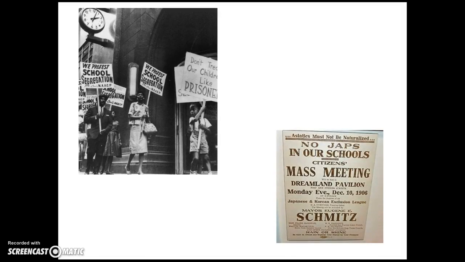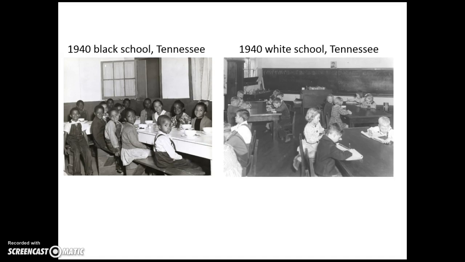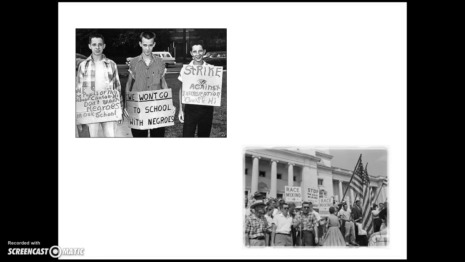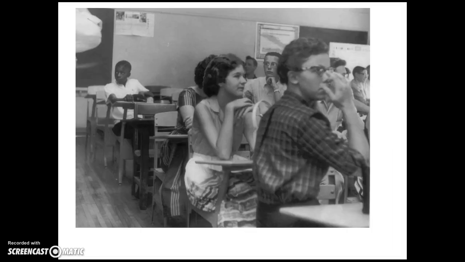There's a lot of racial tension around all races and ethnicities. And like we said earlier, there are separate schools that were clearly not equal in terms of resources or the quality of education that kids would get. So this leads us to 1954 in Kansas, when there were only 4 public schools for black students. And there were protests over whether or not there should be integration and desegregation between schools, and oftentimes there was still tension around that.